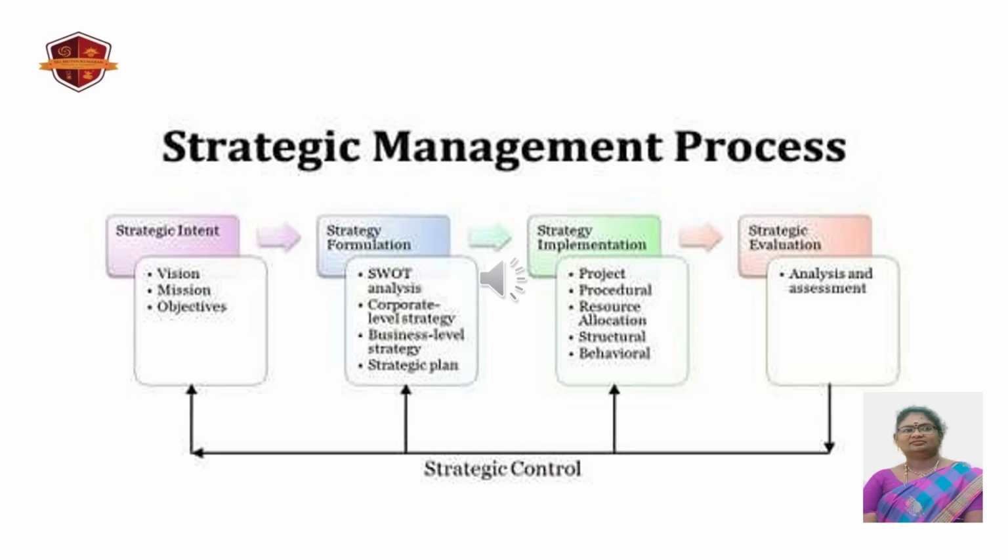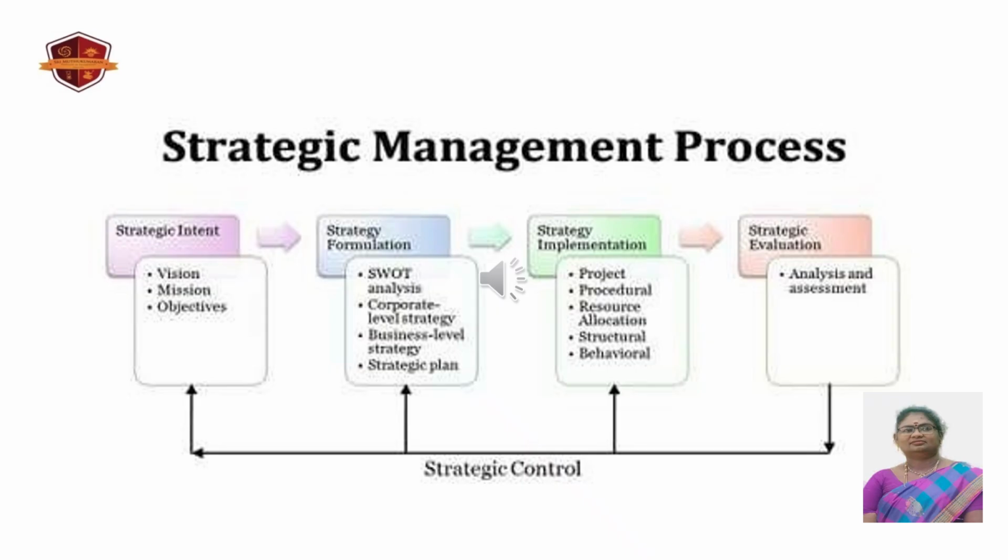Next one is resource allocation. Resource allocation includes what all the resources have been allocated for completing this project, including the assets, movable or immovable assets, allocated as a resource allocation. Next one is the structural aspects, which include the delegation of authorities. It may be a line function or the staff functions which analyze the structural organization. Next one is behavioral, which includes the cultural and the social aspects in the organization.